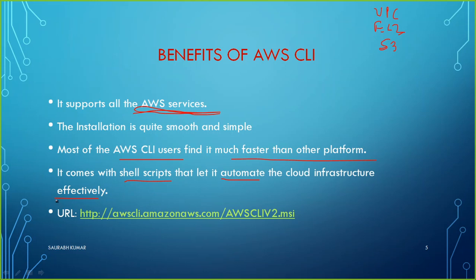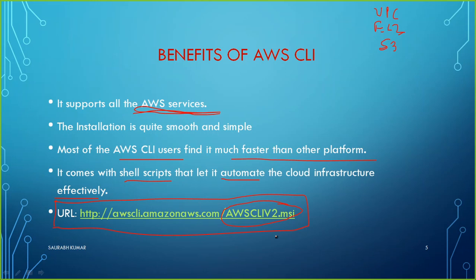Next thing is, here I have added the link. By using this link, you will be able to easily download the AWS CLI version 2 .msi file. This is an MSI file which you will be able to execute on the Microsoft operating systems, whatever you have after XP: Windows 7, Windows 8, Windows 10, any editions, or Windows Server. So you will be able to install this MSI file there, and after that your command prompt will allow you to execute any of the commands which help you perform tasks on AWS. So let's have a look at it.